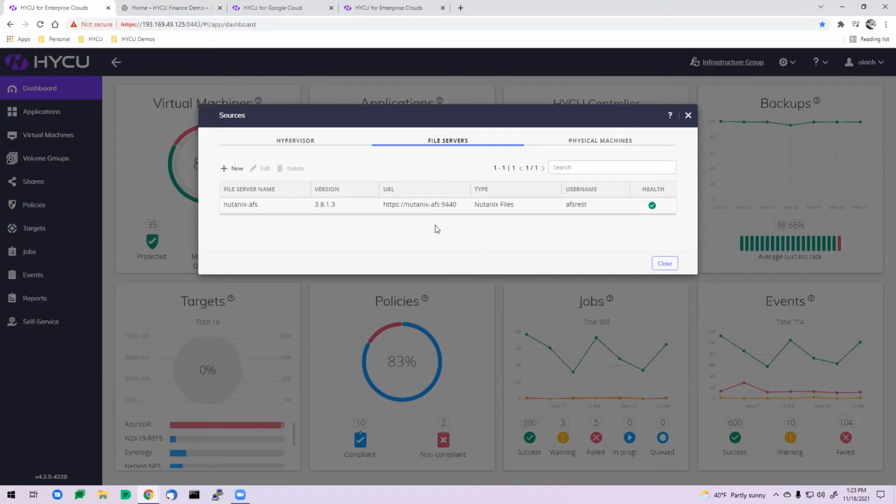The heck is the change file tracking API? Well, basically, if you think of the way you back up file shares today, right? You hit the share, you start walking through the tree of the files and folders, and you back everything up, and then incremental time comes tomorrow, right? Need to do it again. Has this changed? Has this changed? Has this changed? It takes a long time to go through all that directory structure